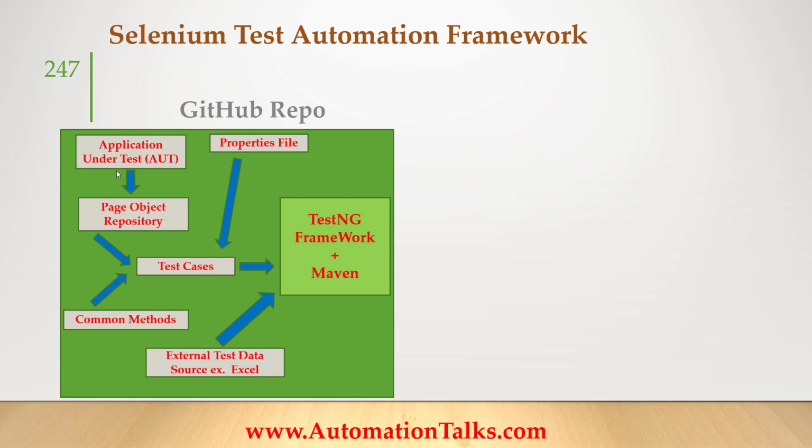Once we have defined all these objects, we are going to put them into a GitHub repository. There are a lot of source code management tools, right? Like SVN, GitHub. I prefer using GitHub, okay. SVN is also good, open source. GitHub is also, nowadays, kind of open source; they even allow private repositories to be free of cost, okay. I prefer using GitHub. So we'll put our complete code on GitHub, okay.